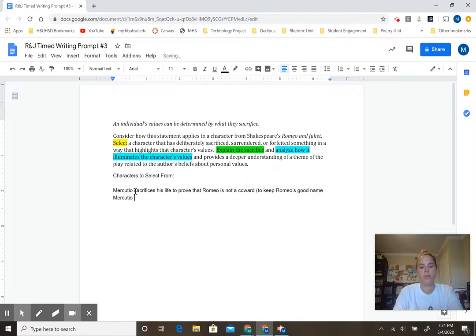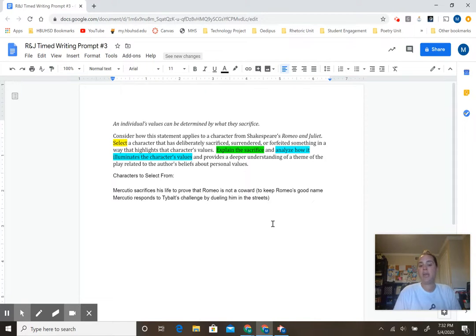Mercutio responds to Tybalt's challenge by fighting him in the streets. Tybalt kills him, right? And obviously Mercutio is confident as a fighter, as a swordsman. But the reality is that when you enter into a fight like that, he even says that he knows Tybalt is good with sword play and is a good fighter. So he knows there is some risk that he is going to sacrifice his own life.